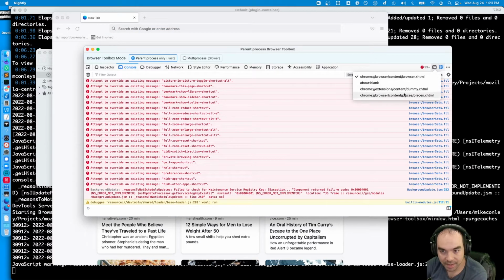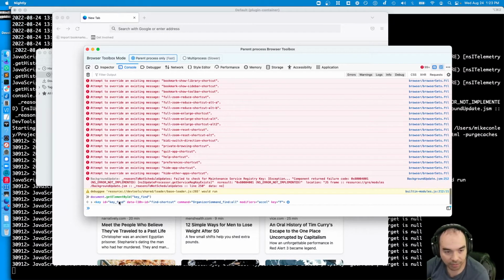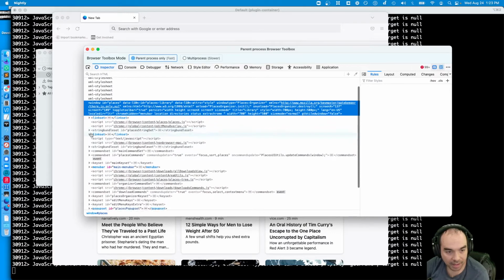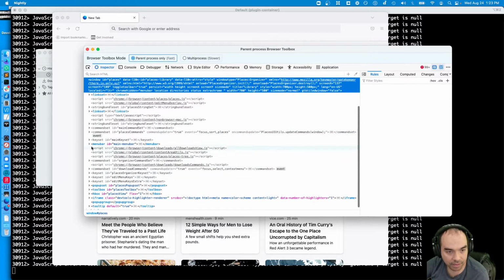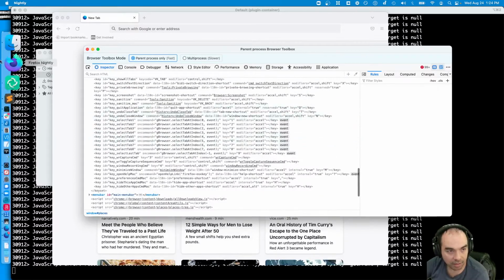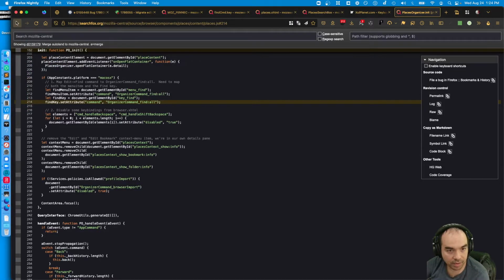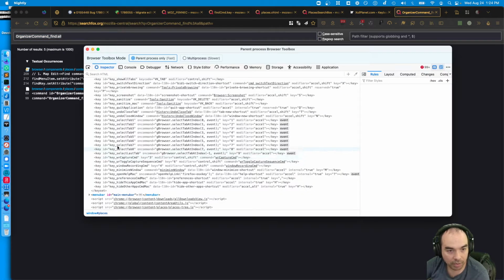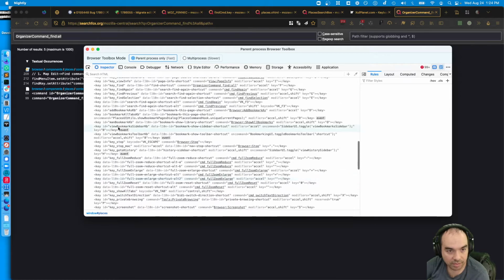Let's go back to Places. And it still finds key find under main key set. So I'm very confused. Let's see if we can fully understand. Maybe, where could it be coming from? Maybe there are multiple key finds.